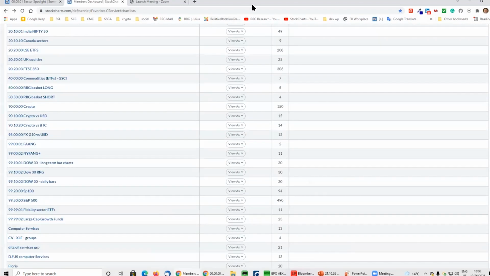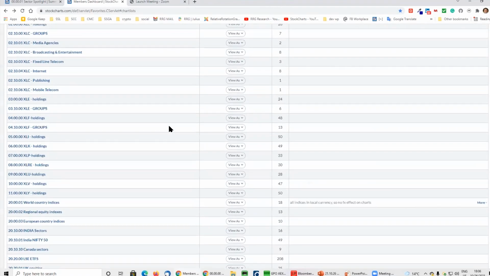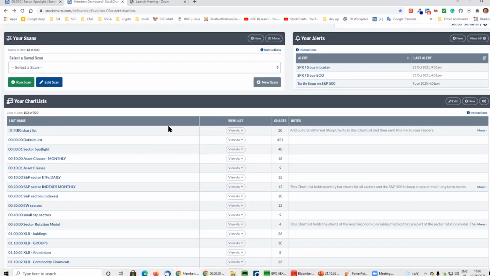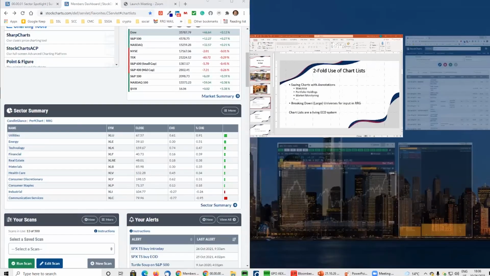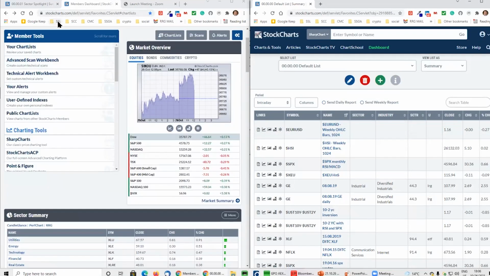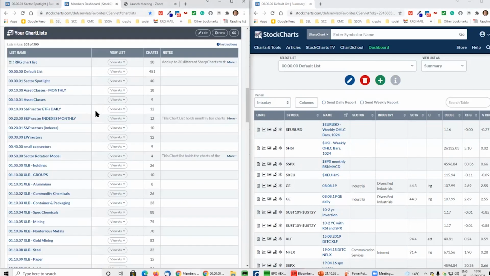Now, the last thing I want to share with you is how I use them side by side, because now I've got all these lists, I've got the whole breakdown, I've got all my things, or my shed is neatly organized. How am I using it together with an RRG? And I make one on the right, one on the left, bring my chart list to the front. And you may have seen